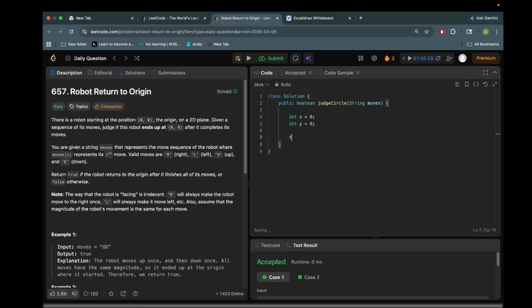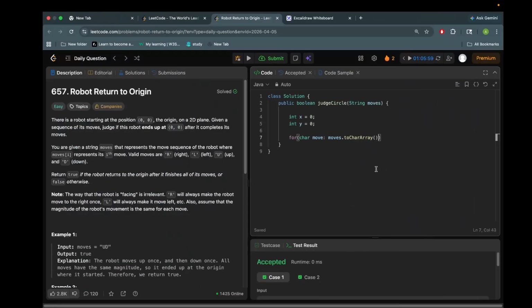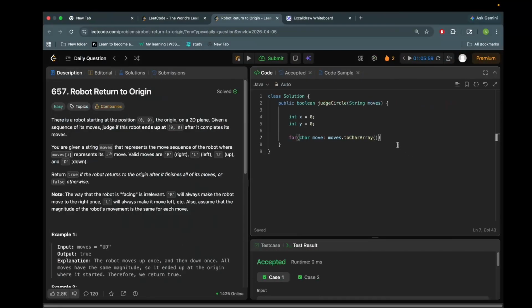So we are doing for character move in moves dot to char array. Is that the right word? For each character in the moves dot string dot to char array,